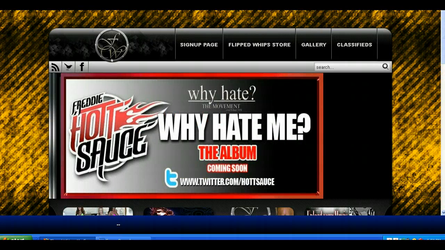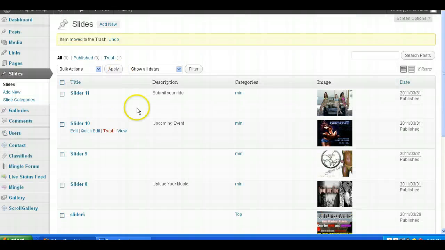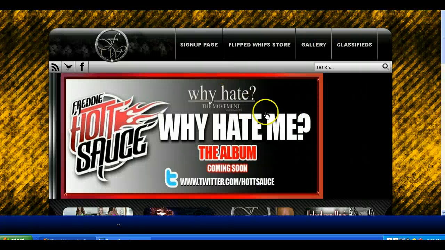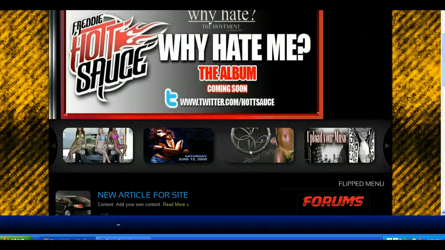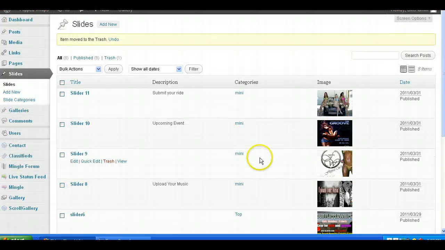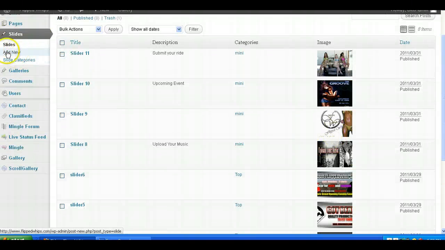Now, let's say that you want to add a slide. I've just shown you how to delete a slide, and the steps that I just showed you are the same whether you want to delete a slide off the top area here, or if you want to delete one from the bottom area. So you now know how to delete a slide. But let's say you want to add a slide. It's pretty simple. You simply go to Add New,